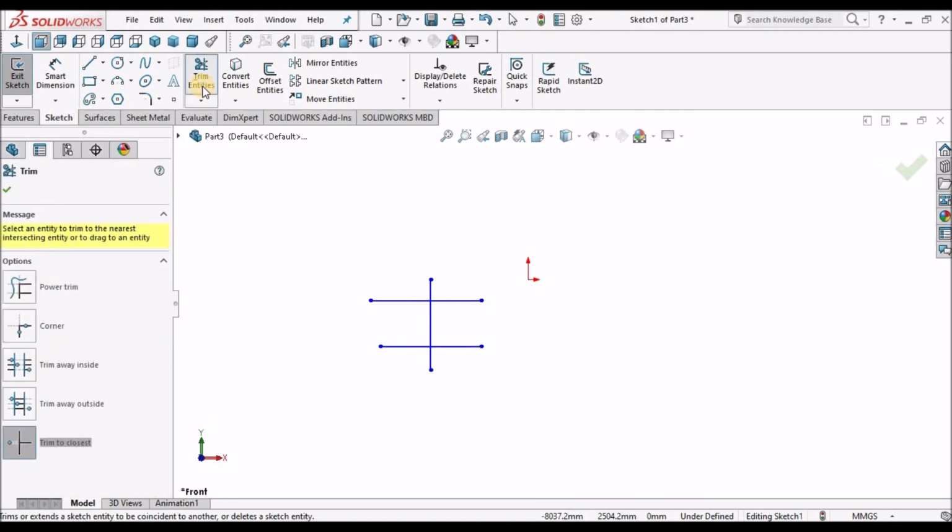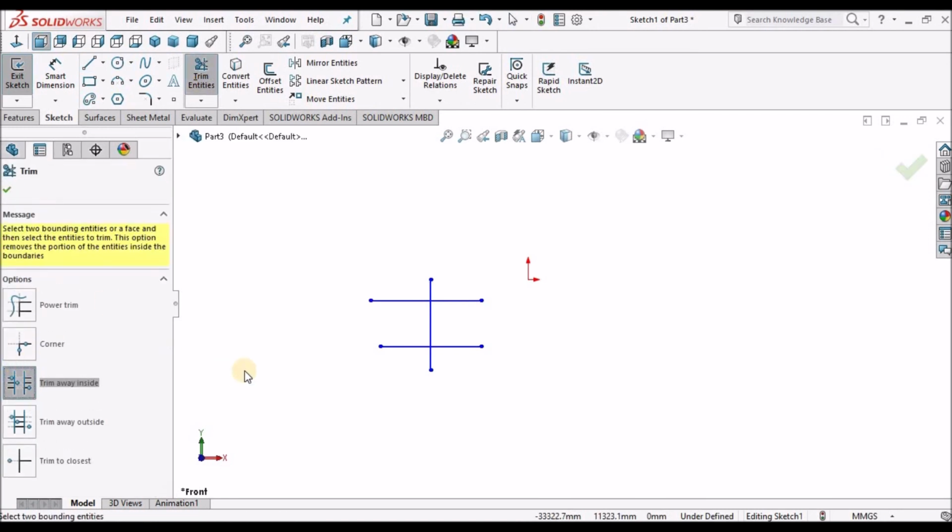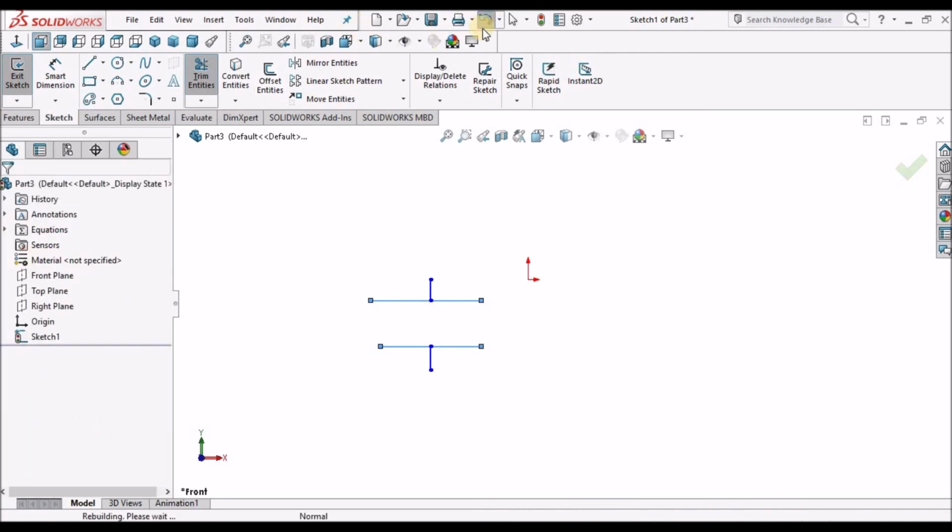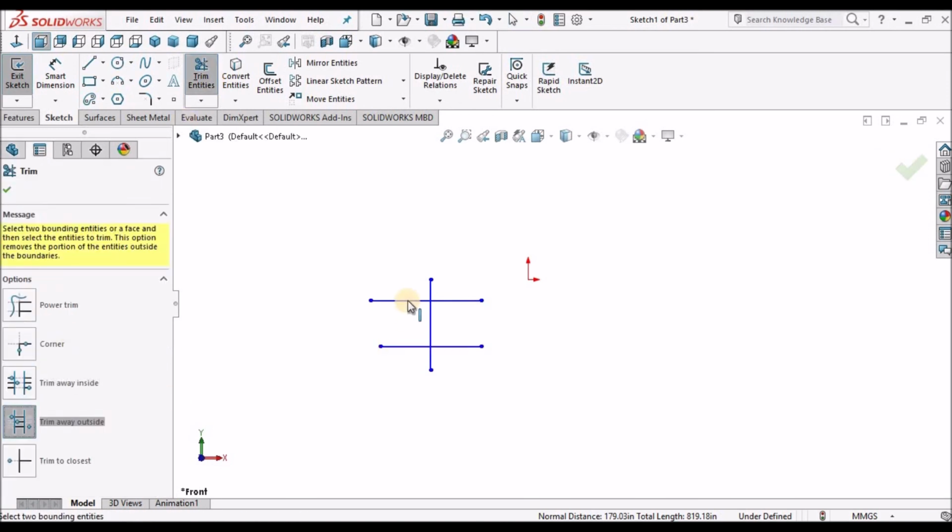In trim inside, if I click these two lines and then click this line, it will trim inside. In the same way, if I click these two lines and this line, it will trim outside.